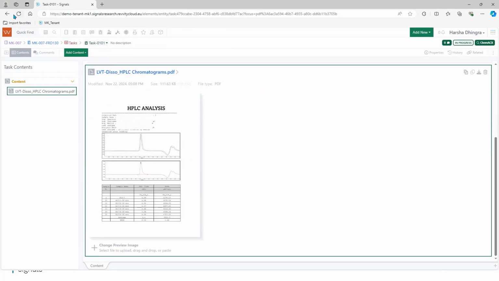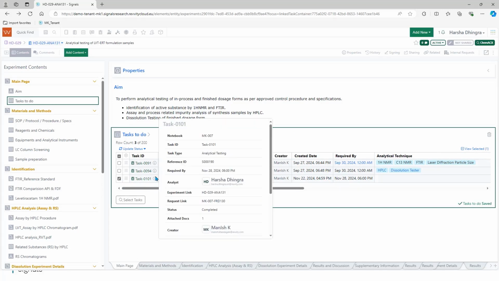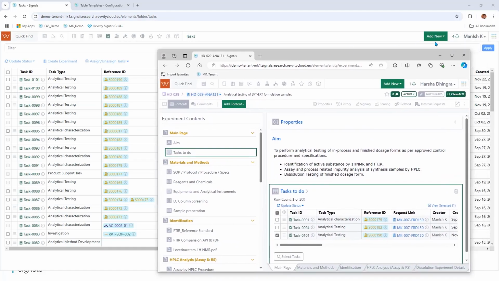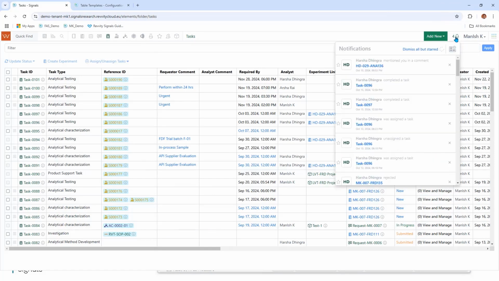So that's how you can attach different kinds of analytical reports. And once it is completed, Harsha completes this task. Once it is completed, the sample creator, the formulator, will get a notification that this task is completed by Harsha. So if you see here, Manish gets a notification that Harsha has completed the task, and at the same time,